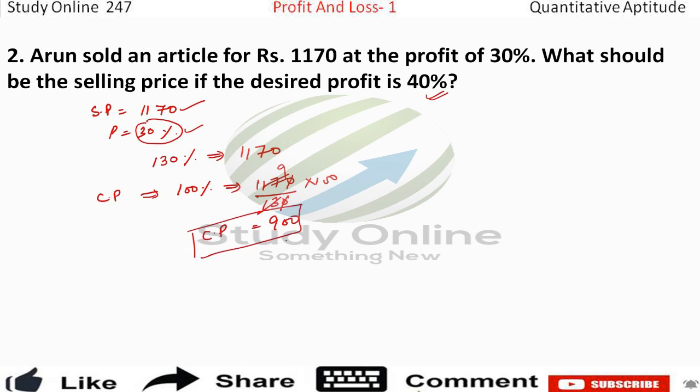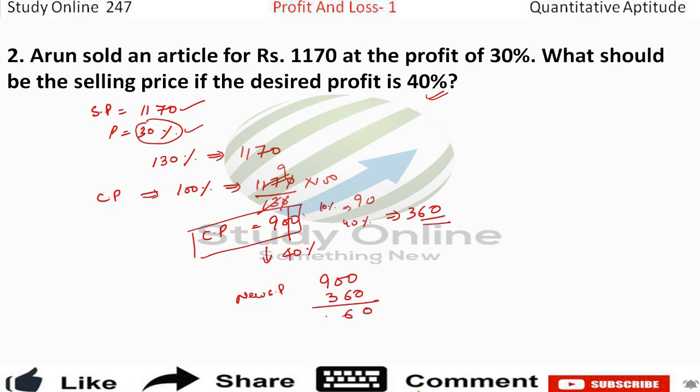So now the question is, if you want to get 40% profit, then what? Okay, so you have to calculate 40% of 900 and just add it. So 10% of 900 is 90. So 40% is 9 4s are 36, 360 is the 40%. So 900 plus 360 would be our new selling price if we want the profit of 40%.